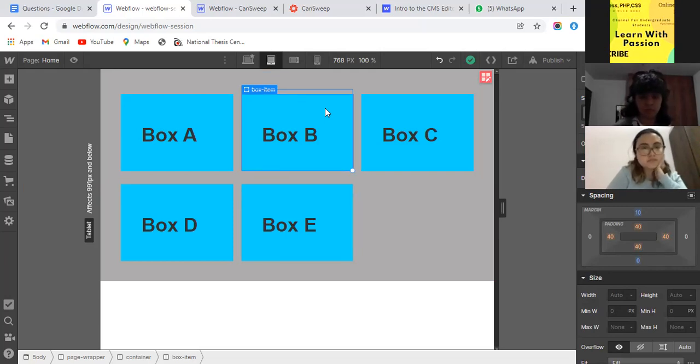Let's suppose I define 100 view height on the desktop version, and when I go to the mobile version, it's still 100 VH.